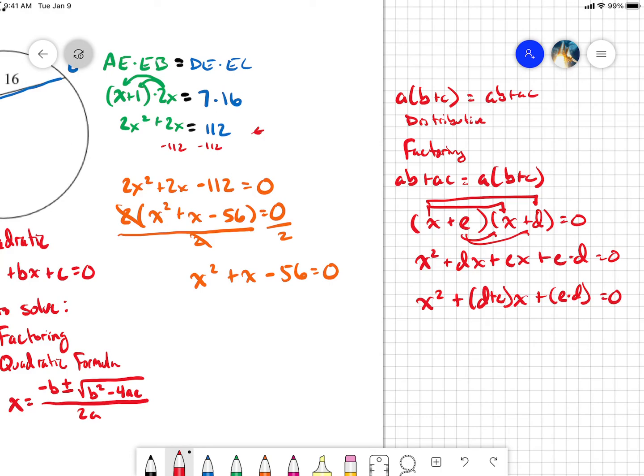So essentially what we're looking for is two values that when I add together I get this coefficient, and when I multiply them together I get this constant. So quite simply, if we're going to factor this,